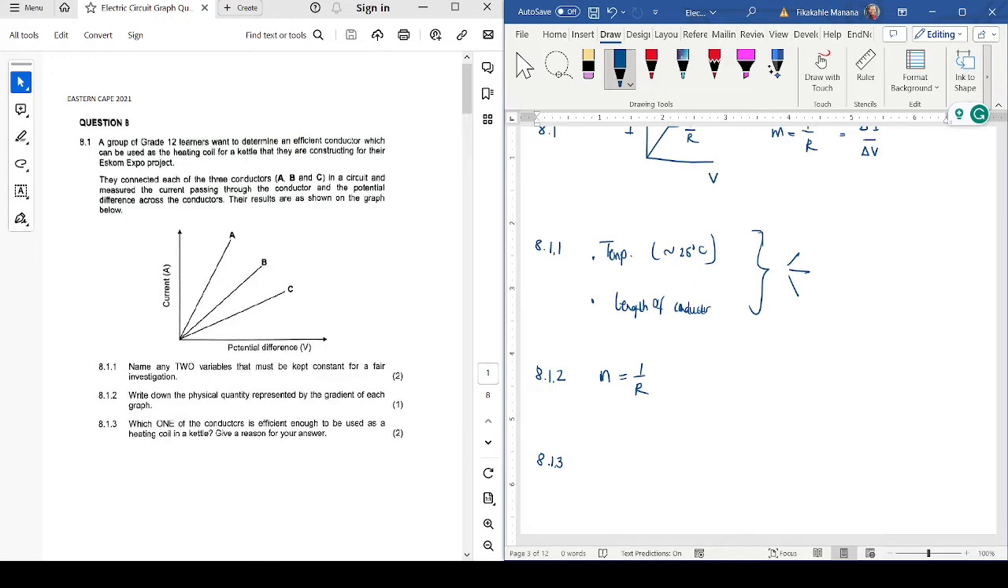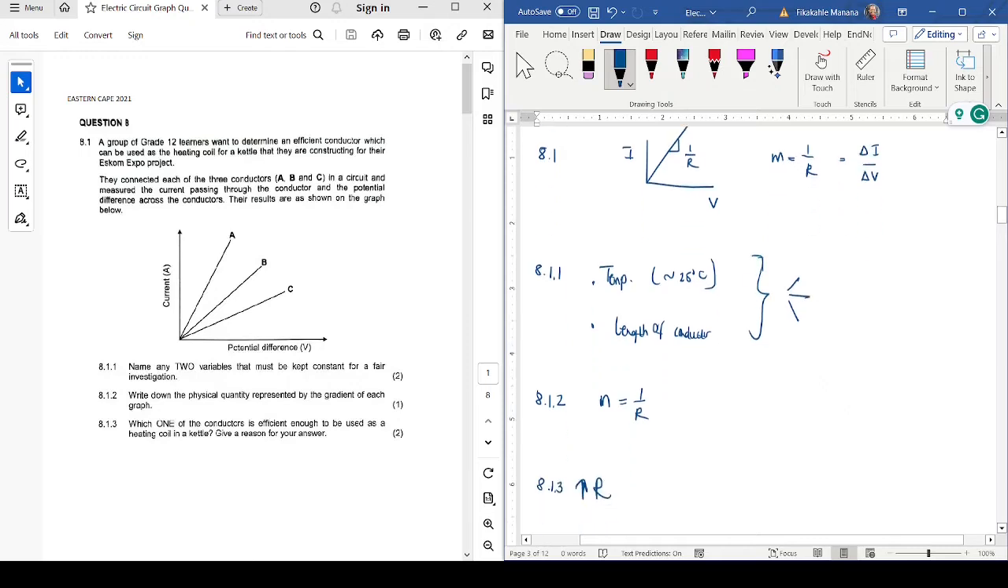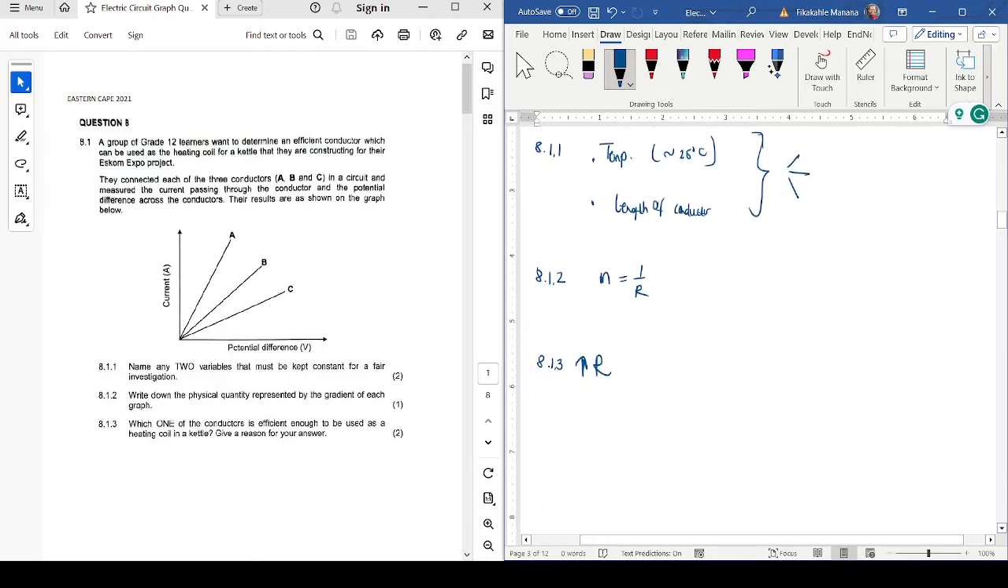one of the conductors, which one of the conductors is efficient enough to be used as a heating coil in a kettle? Between A, B, and C, what do we want? We want something that has a high resistance. And if you have a look at our graph, remember this is 1 over R. Our gradient is 1 over R. So 1 over R means